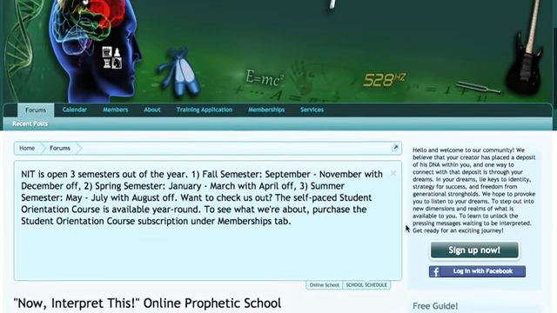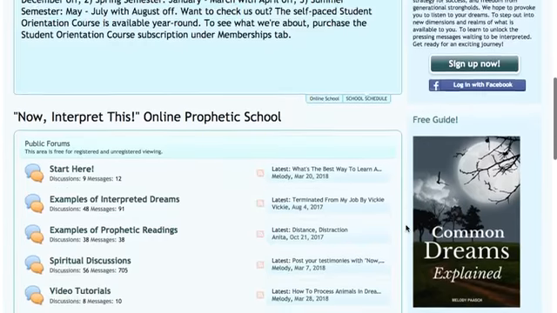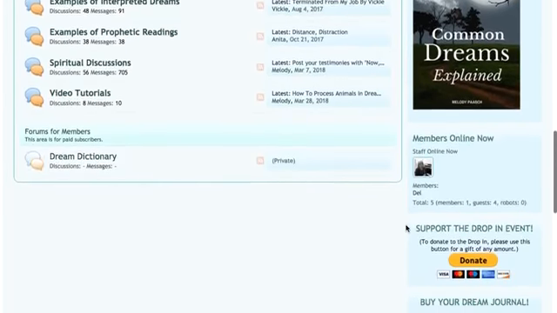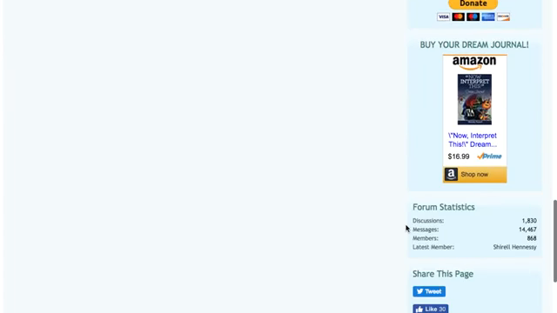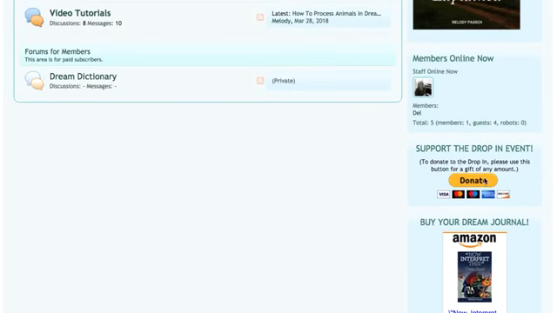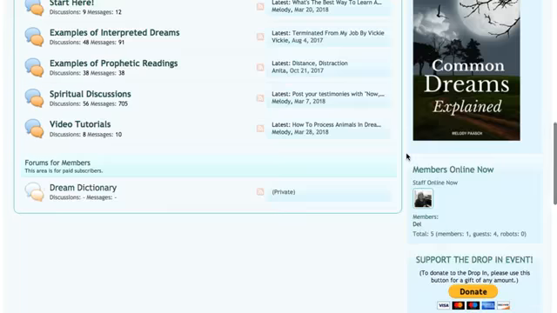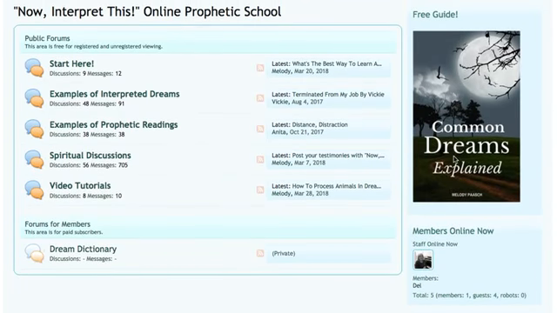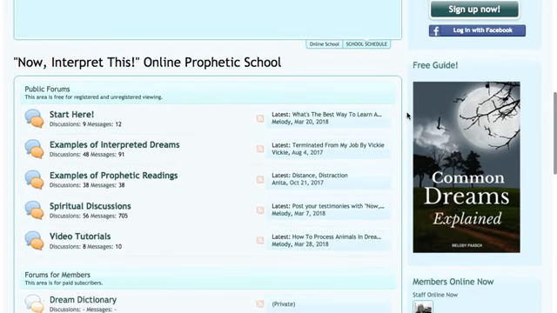Now, I'm going to scroll down and let you see what the site looks like before you sign up or you log in. This is all you can see. This is what it's going to look like, right? This is your donate button for the drop-in, so just remember that that's there. Also, while we're here, this is a Common Dreams Explained e-booklet that you can download if you'd like to do that and sign up for one of the newsletters. I would advise you to sign up for the drop-in events monthly for sure if you're interested in that.